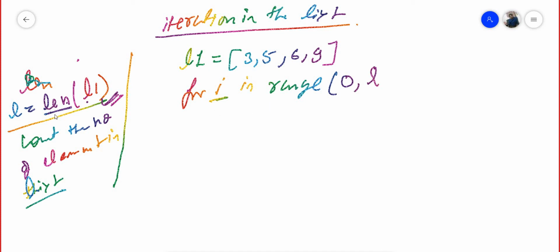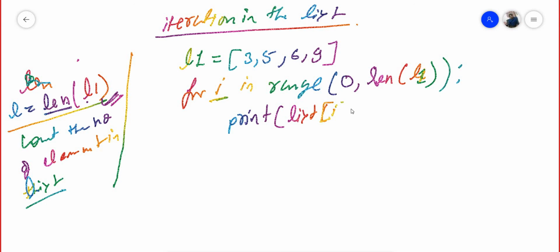L. If I use L is equal to len of L1, or you can use len within the bracket L1. Now colon and then print list of i.